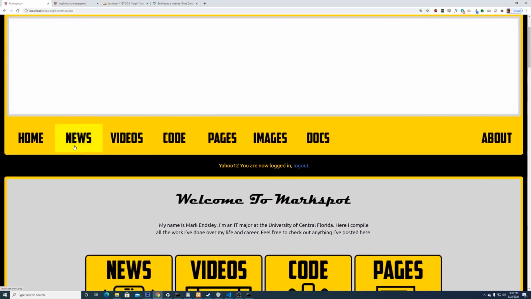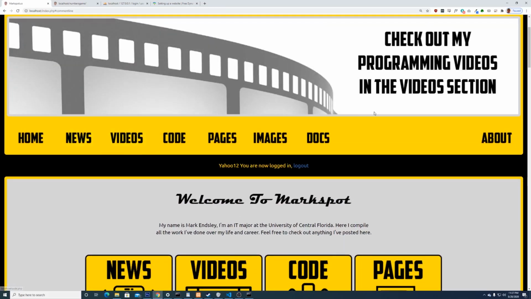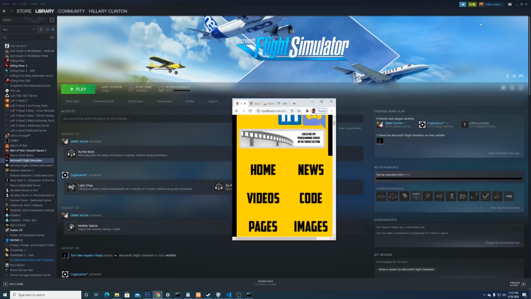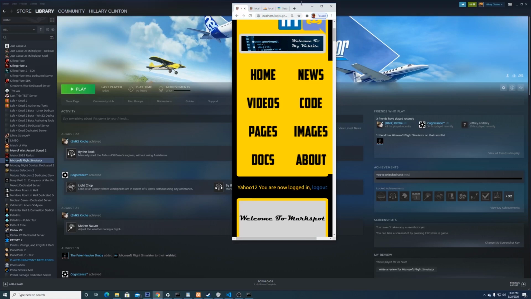So if we go through the pages, one more thing I do want to show you before we go through the pages. I can push this restore button, and oh yeah, you can see my Steam account now. So that's fine. I have been really into Flight Simulator lately, but that's not really what I wanted to show you. What I really want to show you is that this website is